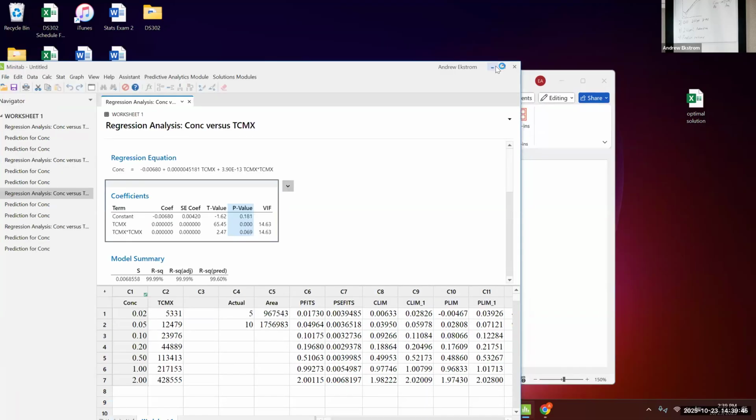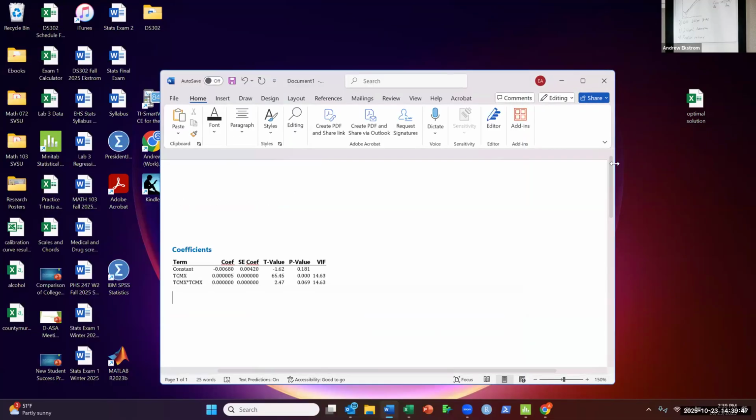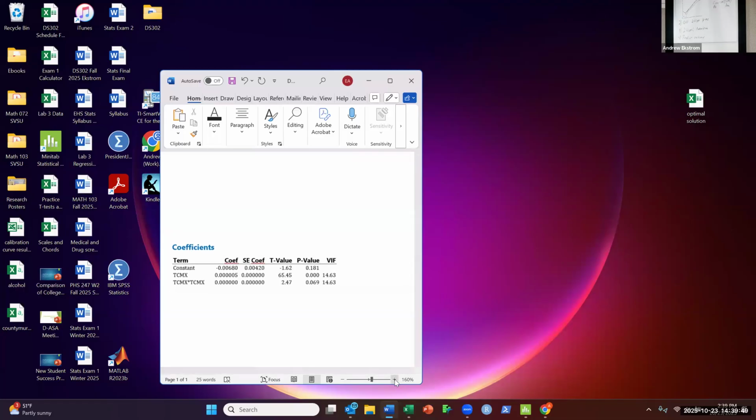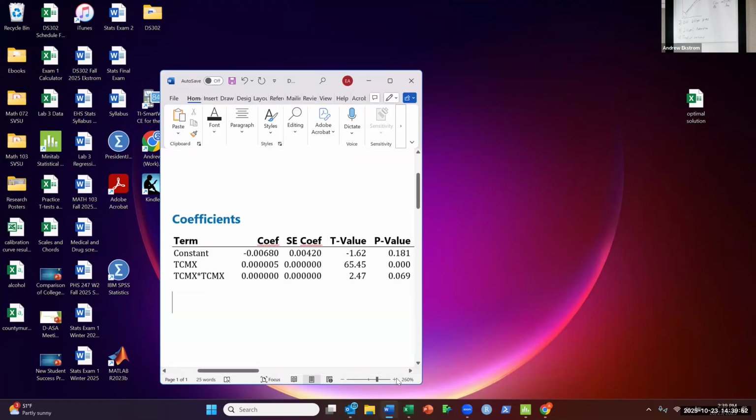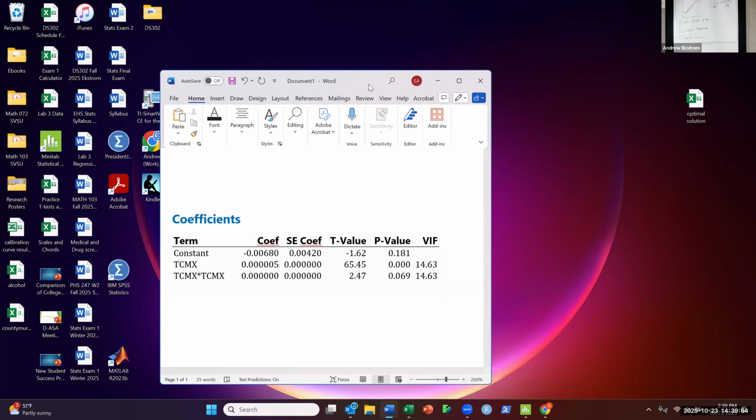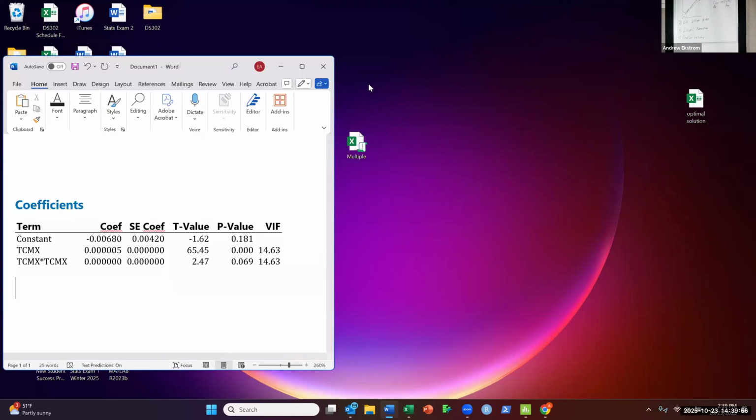So basically, what's going on here is the model that we have, and the model that, if we want to do a good job, save ourselves some time, save ourselves some money, and get accurate results, is going to come out to be y equals negative 0.000068,